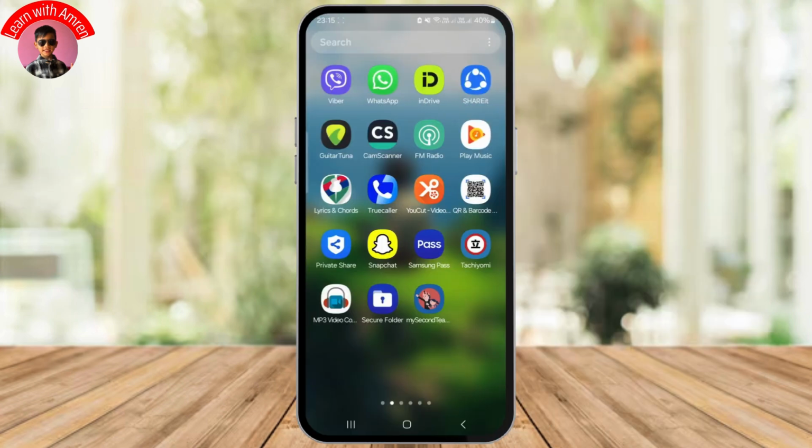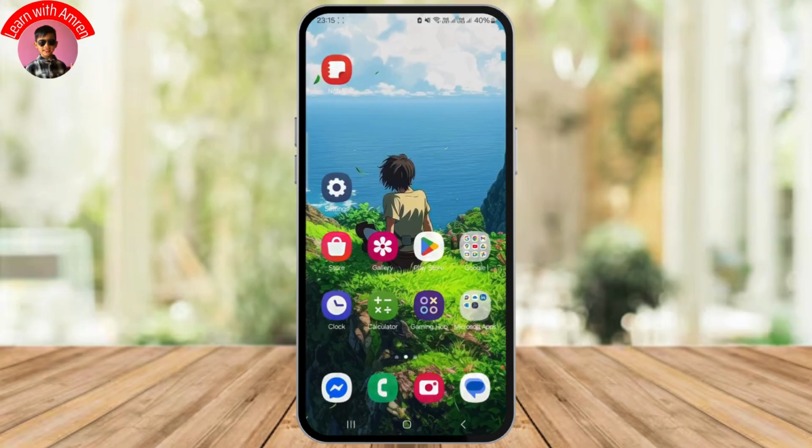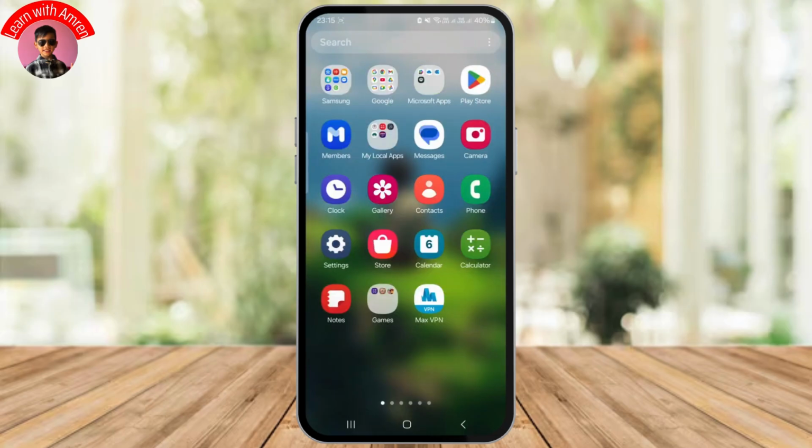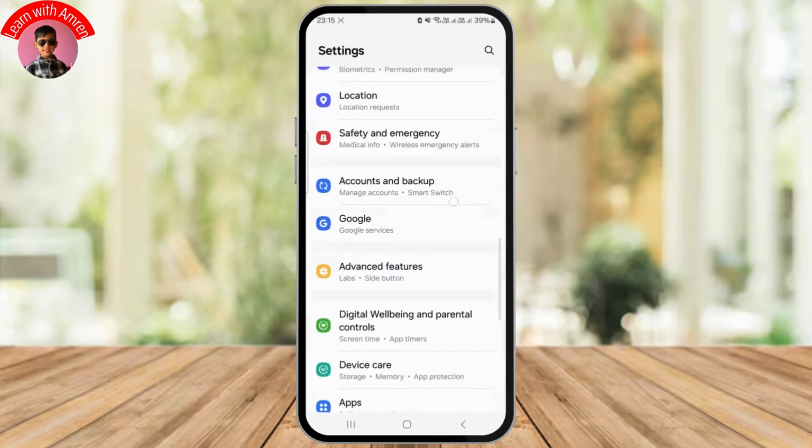In this quick tutorial, I'll be showing you how you can easily set custom ringtone on WhatsApp. So first thing, you just make sure you have successfully logged into your WhatsApp account and your WhatsApp is absolutely up to date. So once you do that, just click on your settings, and once you're inside your settings, scroll